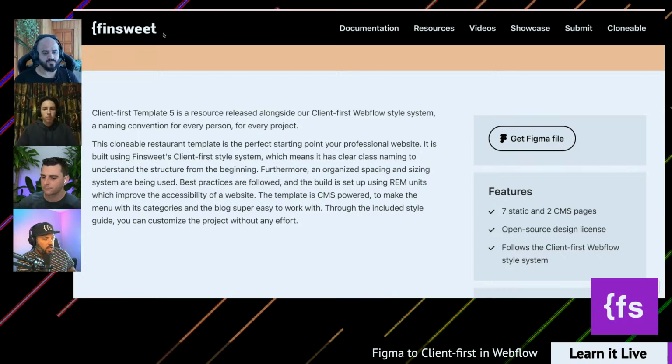Yeah. And for anybody who's interested, that's just finsweet.com/client-first. You hit that website up there, and at the top, you've got resources and all of your different